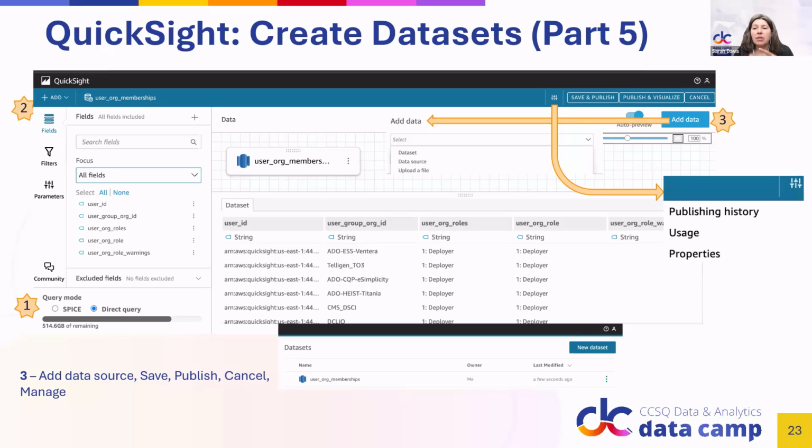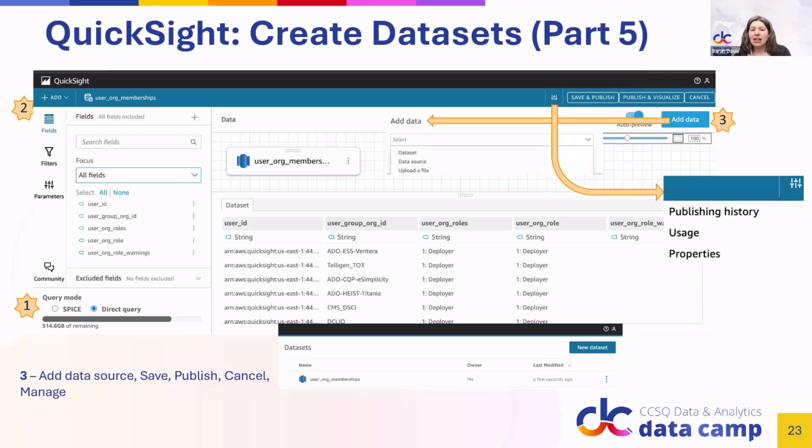Oh, I misspoke. The add data: this is where you can join multiple data sources together. That's what I meant by add data. So my apologies, let me retract that. So if you need to have data coming from your CDR S3 workbench and you have a flat file, you can add data to a data set and combine those together within QuickSight. I hope I didn't create any confusion with that, and my apologies if I did.